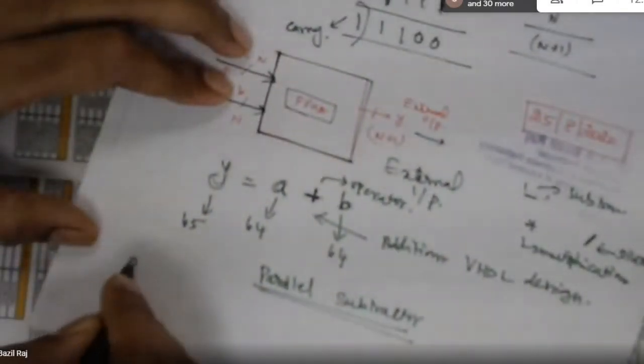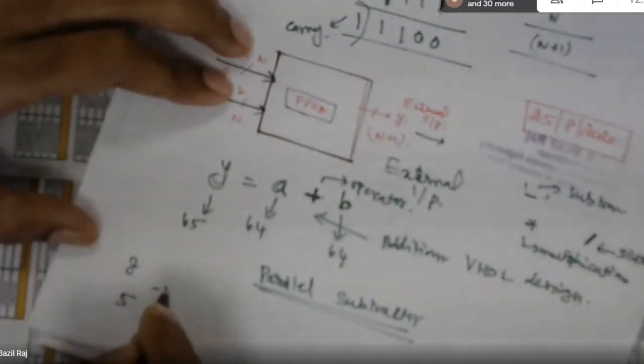Parallel subtractor now. Right. In parallel subtraction, suppose I am taking two numbers, maybe 8 and 5. I need to subtract these two numbers. Listen, 8 minus 5 now. Right. How are we going to do it in the digital domain? I tell you, there is no mathematical operation in the digital domain other than addition. Subtraction, multiplication, division, logarithmic, algebraic, trigonometric operations, everything will ultimately be done in terms of additions only now.